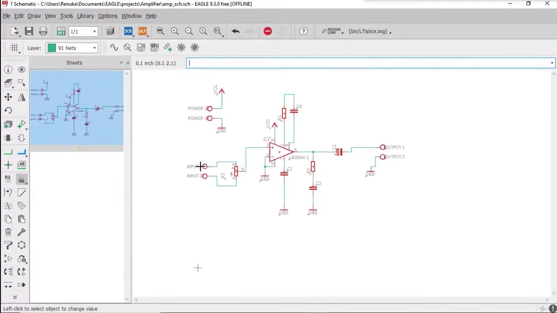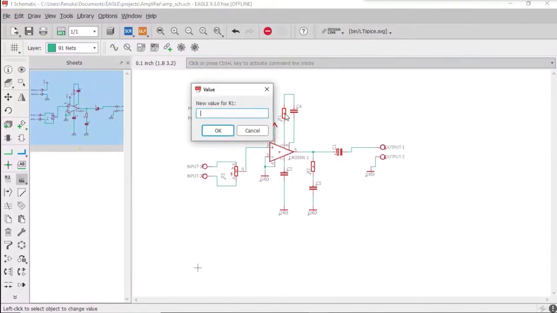After selecting that, click on the component which you want to give a value. So first we'll start with the resistor here connected at pin terminal 1. Select that resistor. A small window will appear, new value for R1.